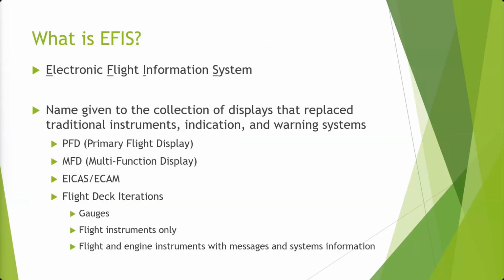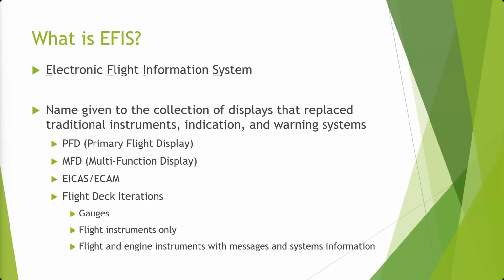Okay, I've got some flight deck slides that I'll show in a little bit, so I can show pictures of these flight deck iterations. At first we had all gauges, right? Everything was those analog gauges, the 6-pack gauges instead of EFIS, the engine gauges, any of your system gauges, whether they were overhead on a smaller aircraft or back on the flight engineer panel on a larger aircraft. Then we went to the flight instruments, had the digital displays, primary multifunction display, but then your systems and engines were still analog. And then slowly those all became digitized,